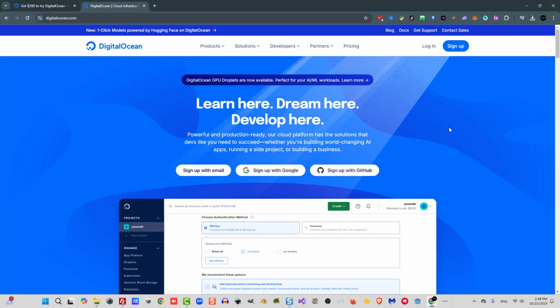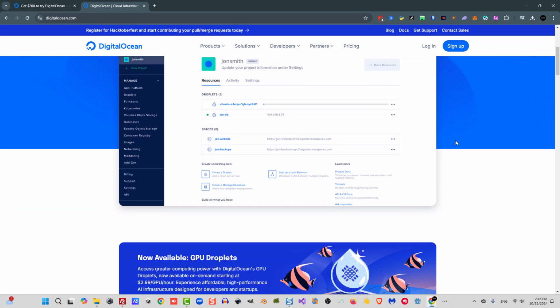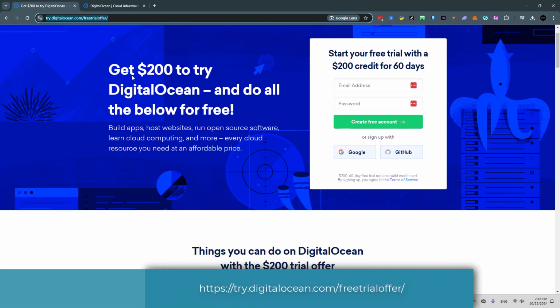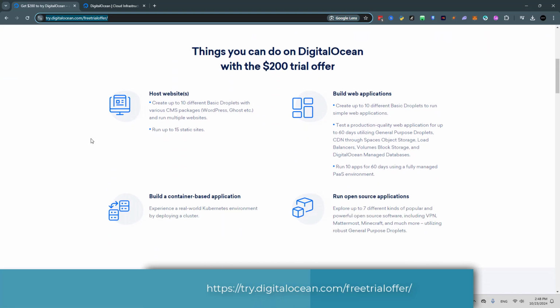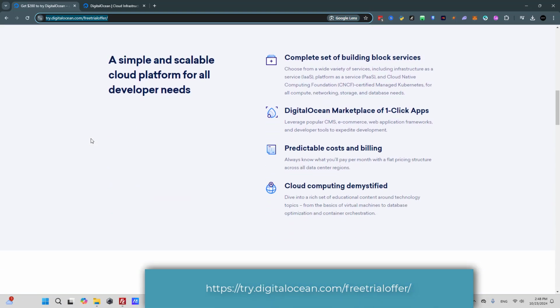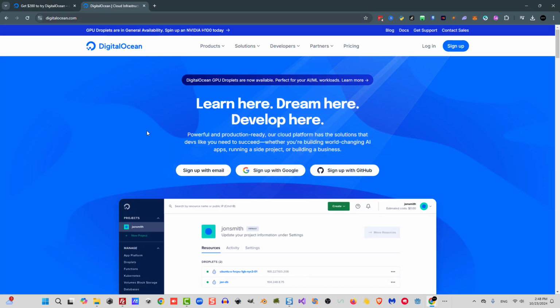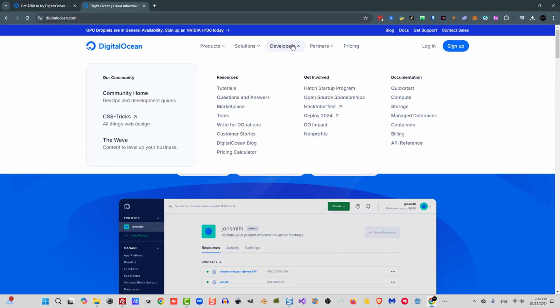Now we need to create our server droplet via DigitalOcean. If you haven't set up an account as yet, head on over to try.digitalocean.com/free trial offer, and you may be eligible for a $200 server credit. Once you have set up a DigitalOcean account, head on over to digitalocean.com, then click on the Developers menu and